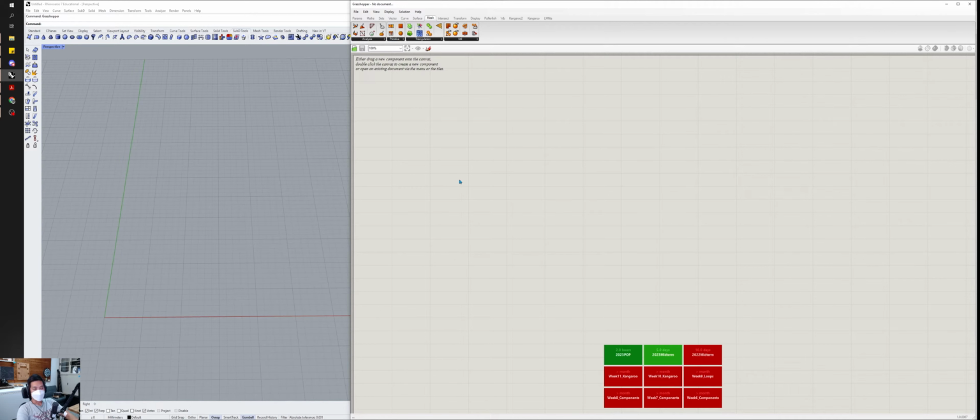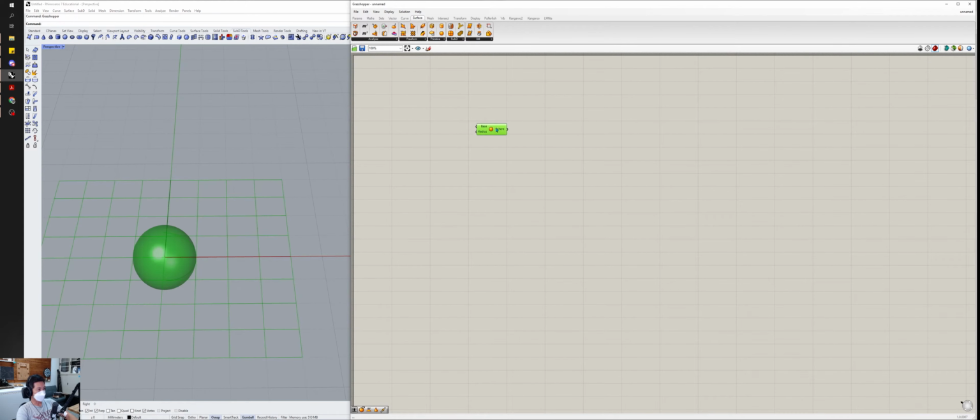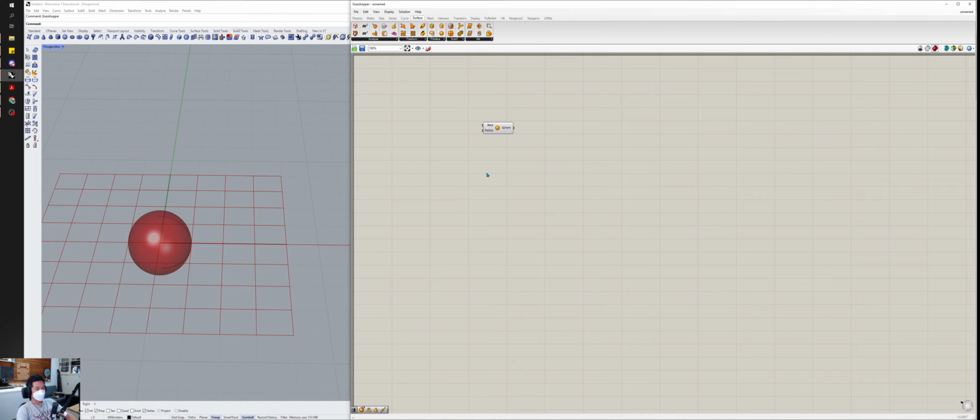So let's go ahead and do a quick example, just so that you can see visually the kind of differences that I've been describing to you. Let's start by comparing a couple of things. Let's compare a sphere that we've generated using a NURB surface. If you remember from Rhino, a sphere is more or less a four-sided sheet that's wrapped up on itself. So if we tell it to visualize the UV curves on that sphere,